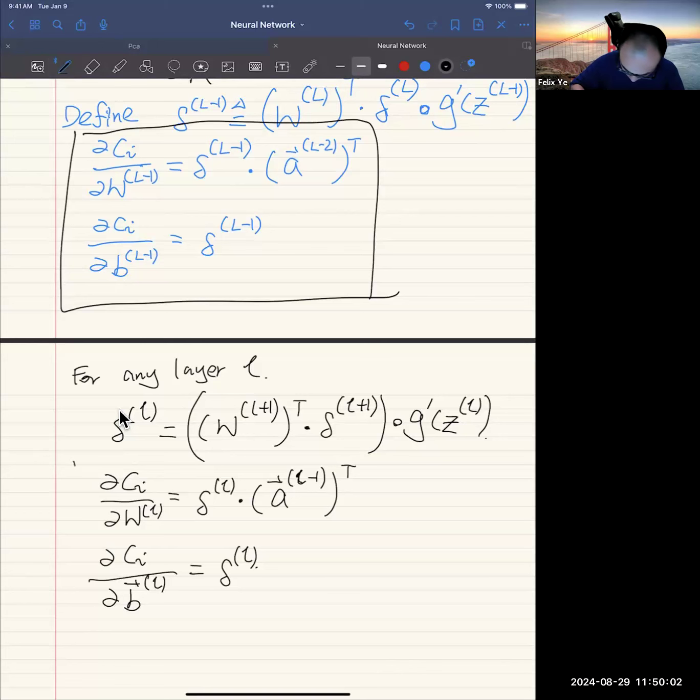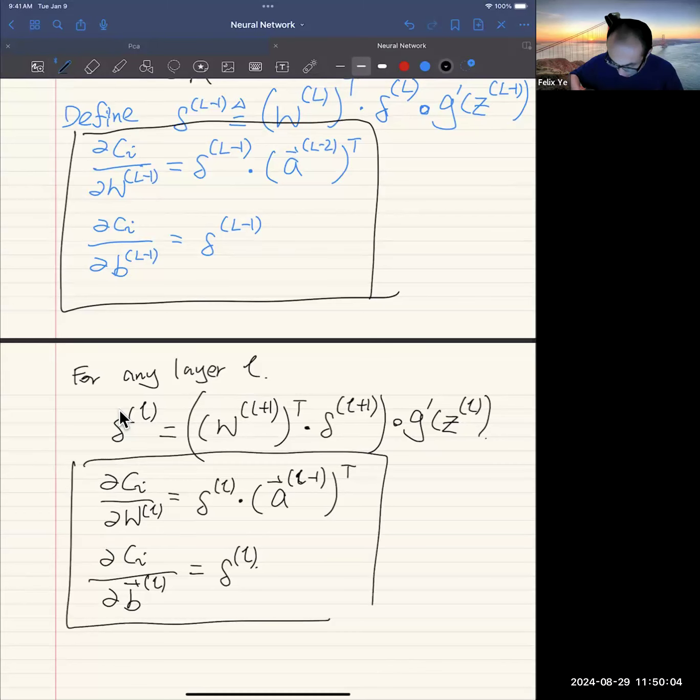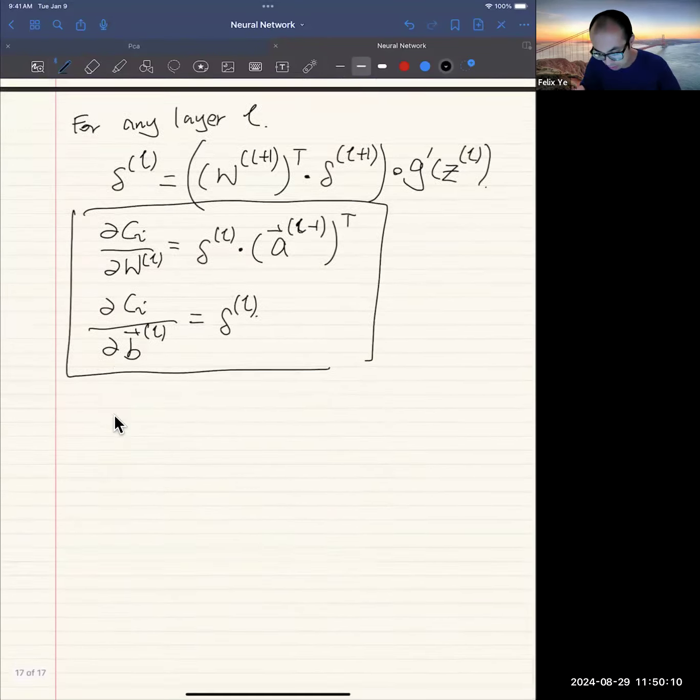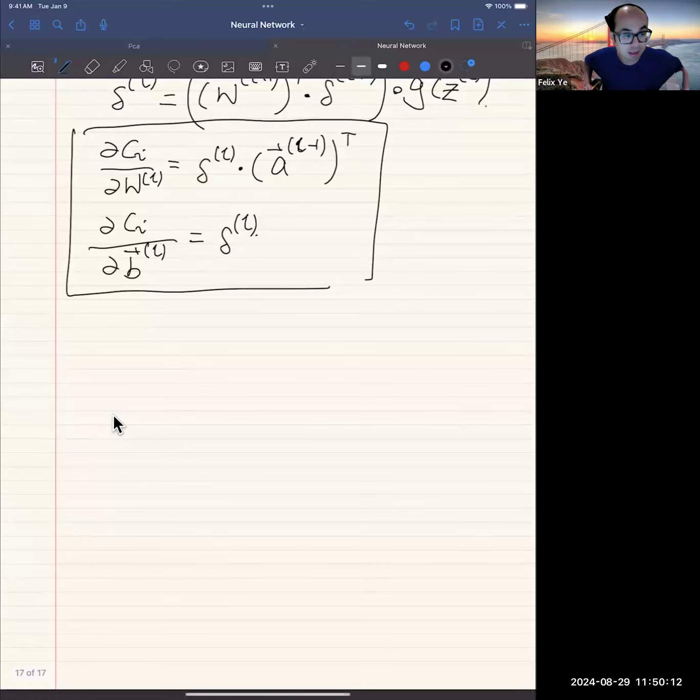So this is how we calculate the gradient. All right, so to summarize everything that we have done, you can see the whole thing is quite complicated. It's not that straightforward in general. So to summarize,